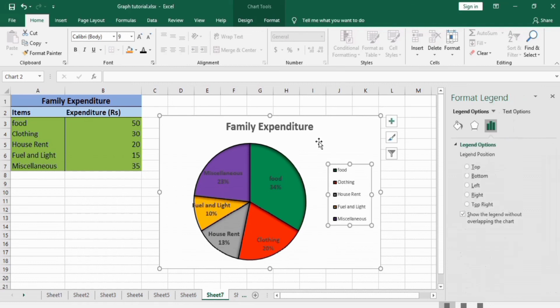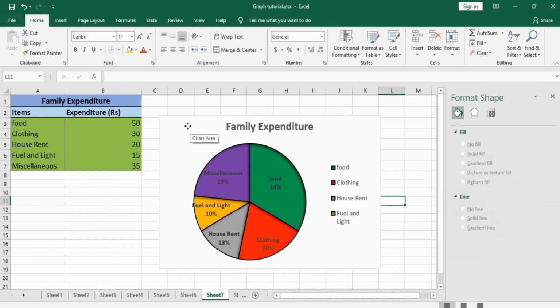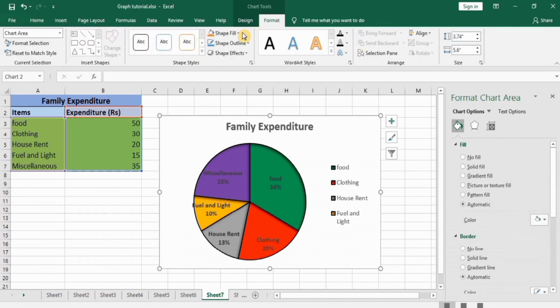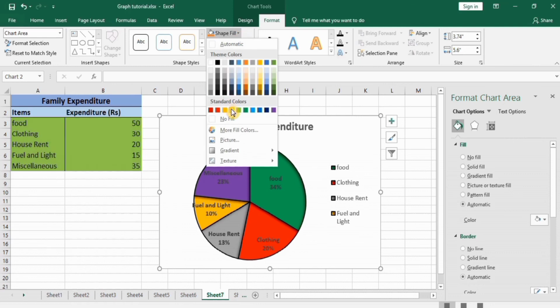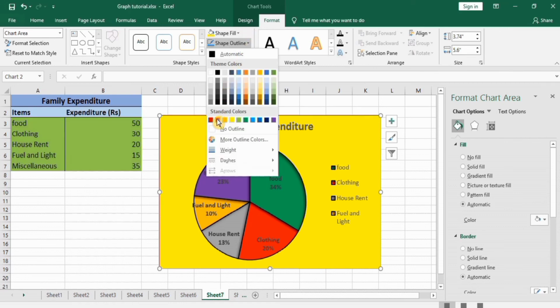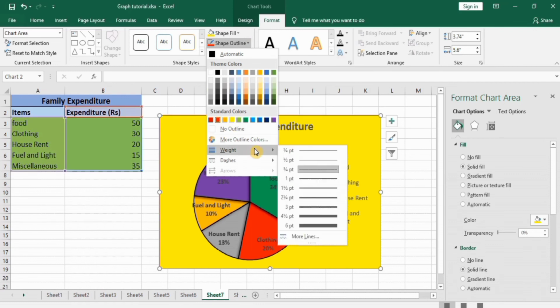I will select this legend and change its size to 12. Now if you select this chart area, go to Format and shape fill, I will change to yellow and shape outline red, and the weight of the shape line I will select this one.